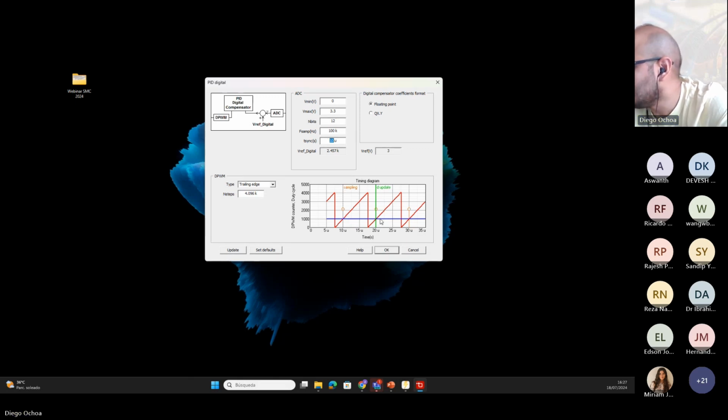That means that SmartCtrl gets the digital delay from the intersection between the control signal and the carrier signal. This is the point when we update the control signal. So the sample is this one. You can see here, this sample is taken at 10 microseconds, and the control signal, the gate signal, is updated at 20 microseconds. So we have